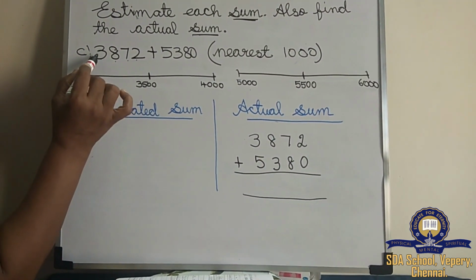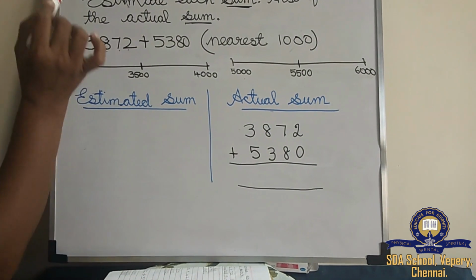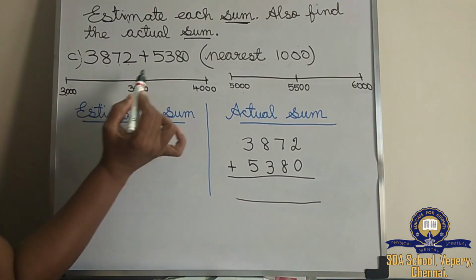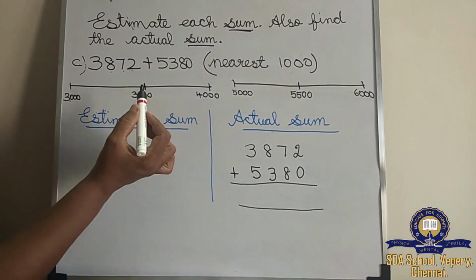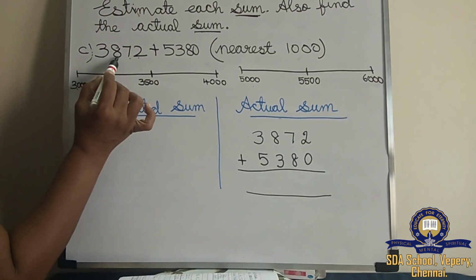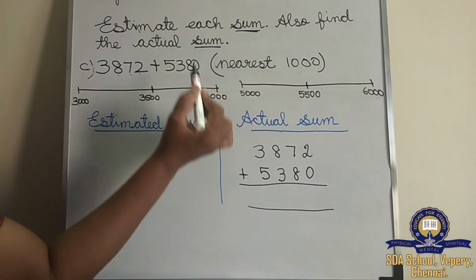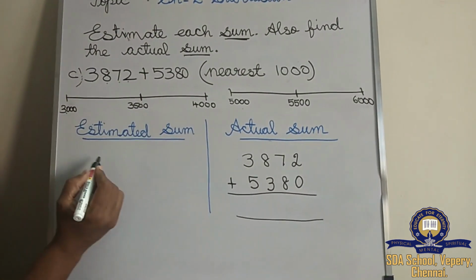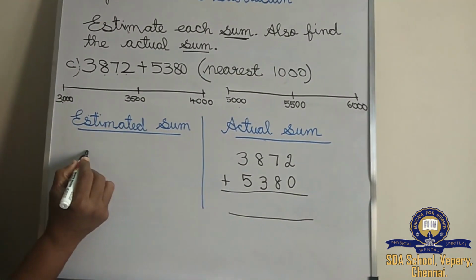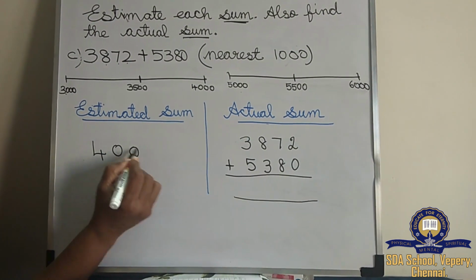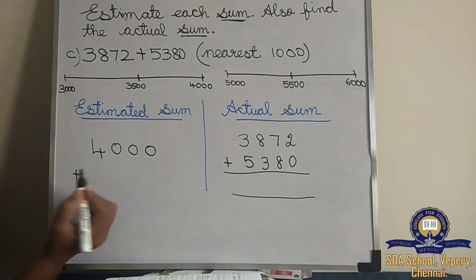3500. So see, 3872. What will come? It comes above 3500, isn't it children? See, 3872 comes above 3500. So what do you have to write? It's nearest to 4000. So we write 4000 plus, and here